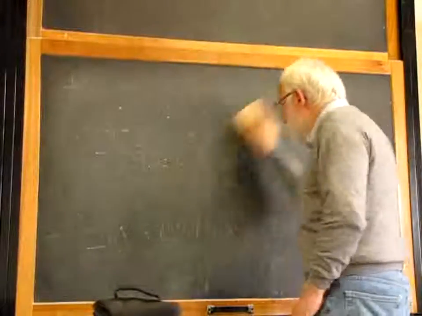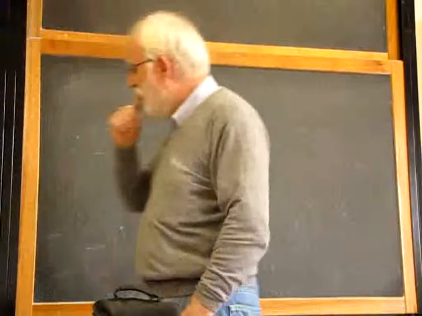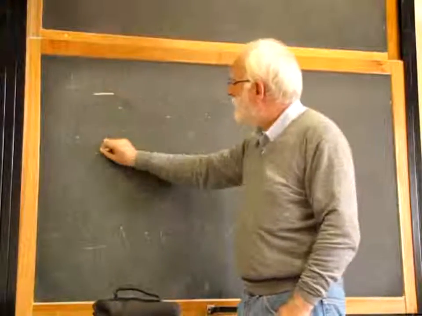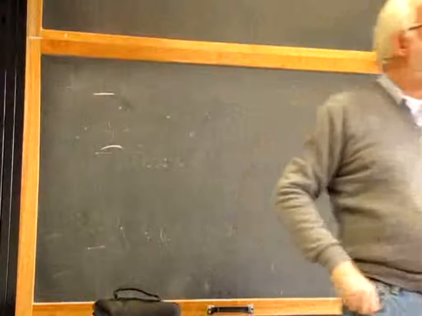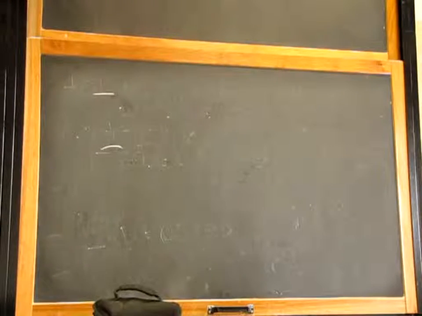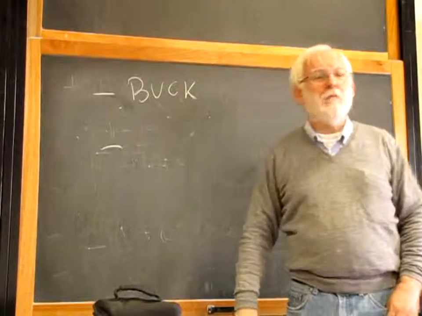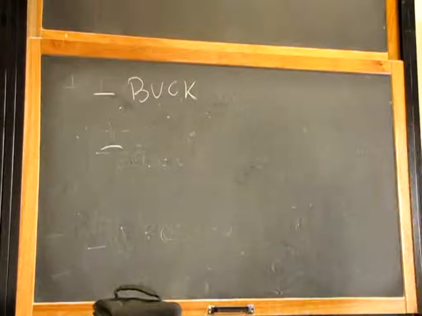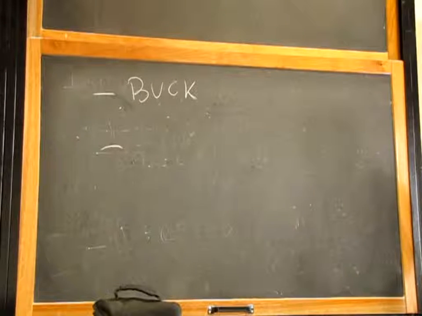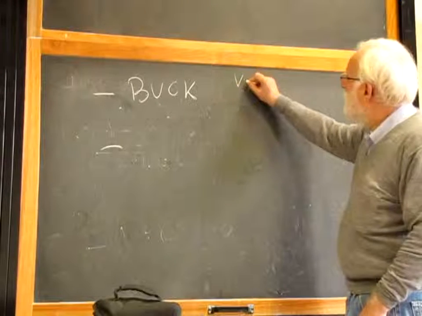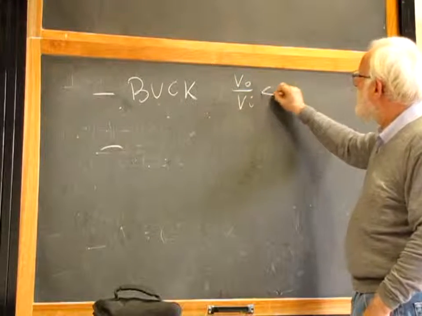If we go to the basic topologies of power converters, DC to DC converters, we basically have two basic topologies. If I tell you something that you don't know, please stop me, because I assume that from the previous classes you already know what I am telling you now, at least the names, at least the words. We have the Buck topology. In a Buck topology, the important property of a buck converter is that the output voltage divided by the input voltage is less than 1.